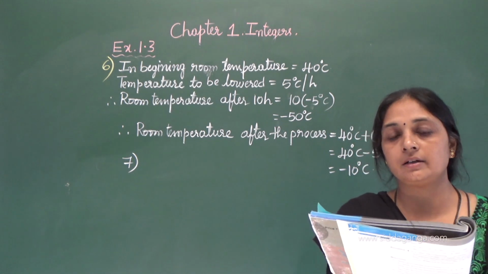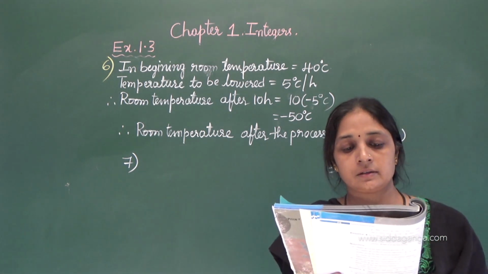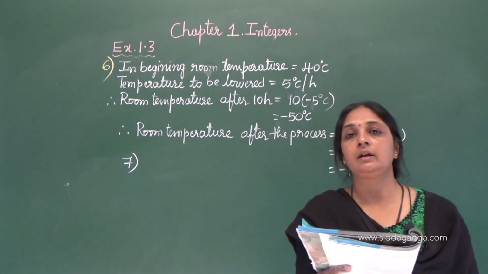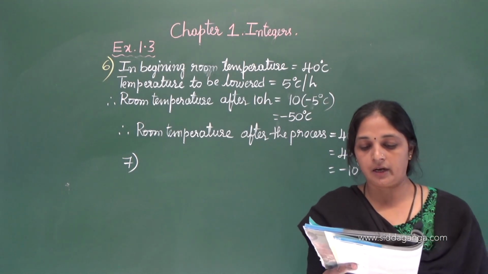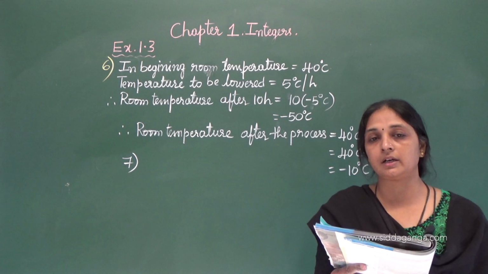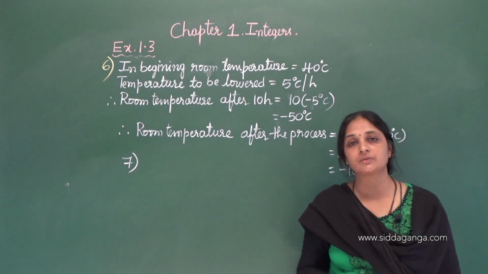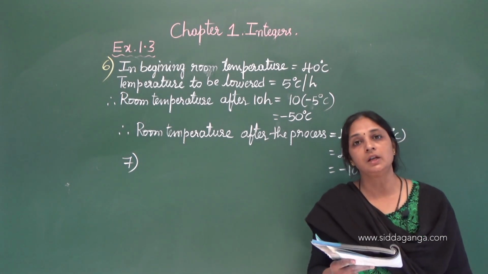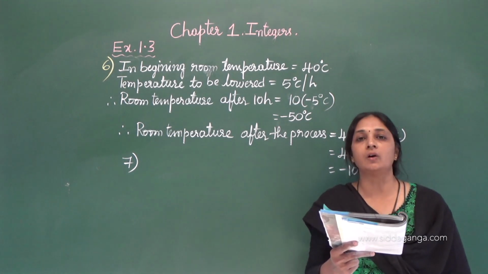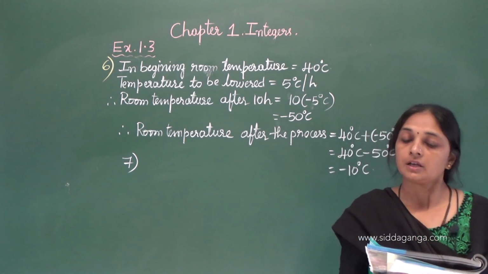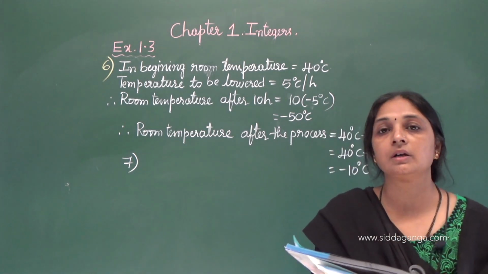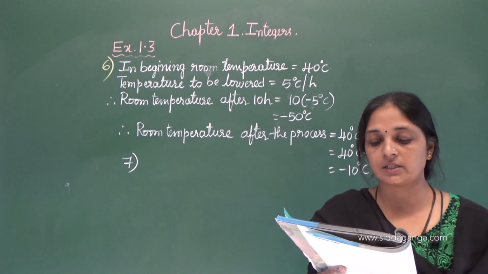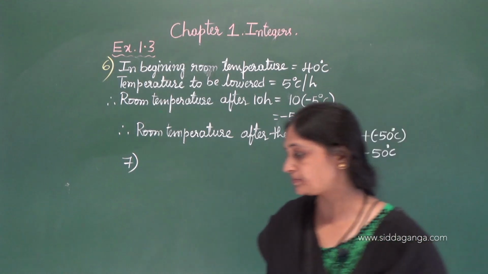Okay, I repeat the question and I explain you. In a class test containing 10 questions. Okay, there is a class test conducted and it consists of 10 questions, and 5 marks are awarded for every correct answer. They are going to give 5 marks for correct answers and minus 2 marks for incorrect answers and 0 for not attending the questions. Okay, here the first question asked is, Mohan gets 4 correct and 6 incorrect answers. What is his score?